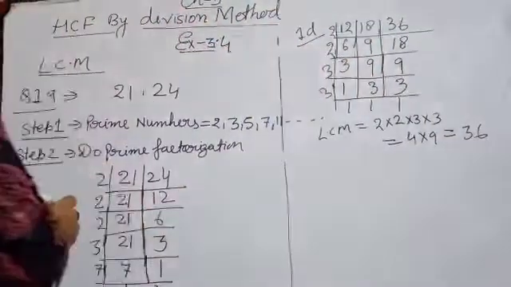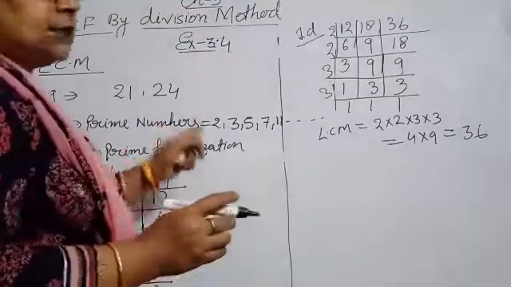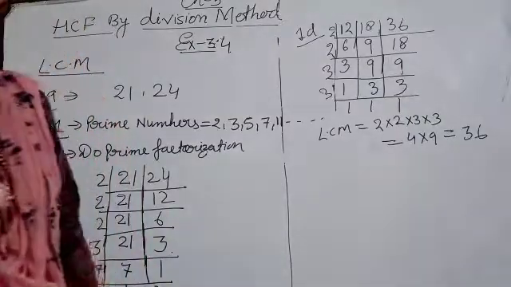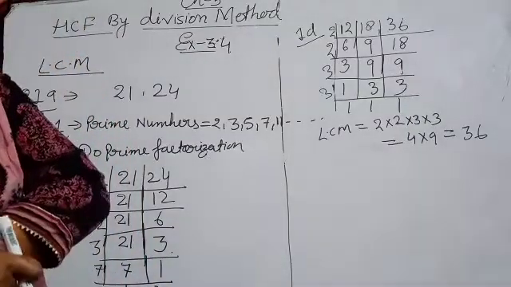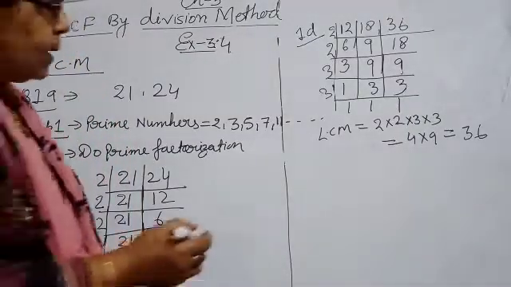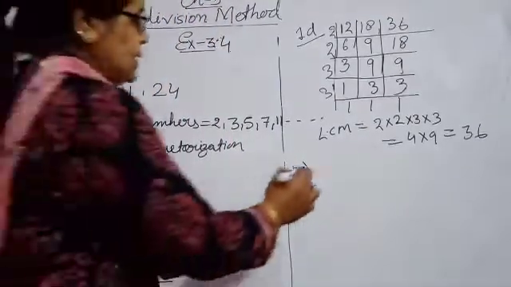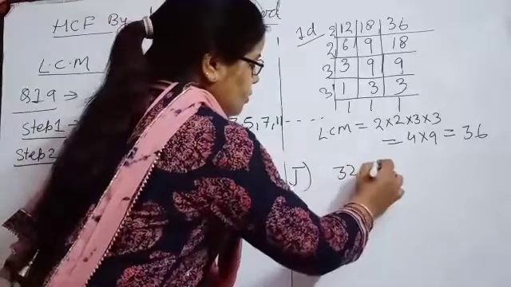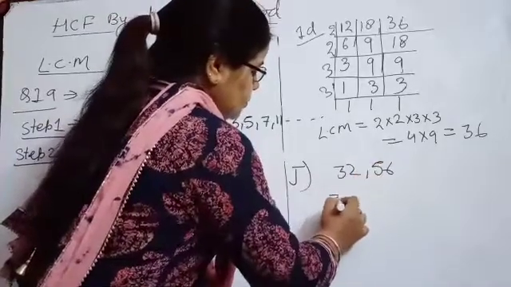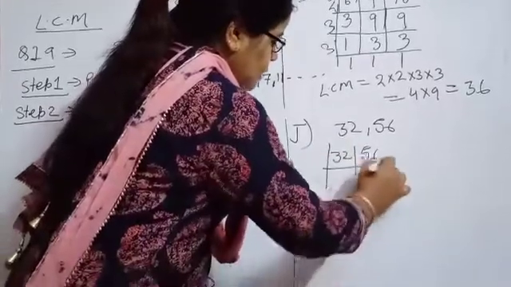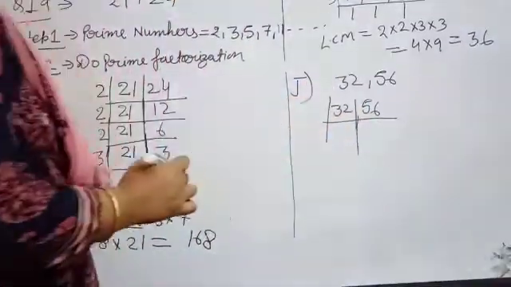Now, these questions are bigger than what you did in the previous year. See, one more part I am doing, and then the rest of the parts you will perform yourself. I am taking J part, the last J part now. And that is 32 and 56. See that. Take the help of your parents also and complete all the parts of this exercise yourself afterwards.